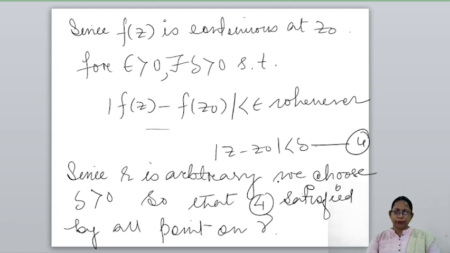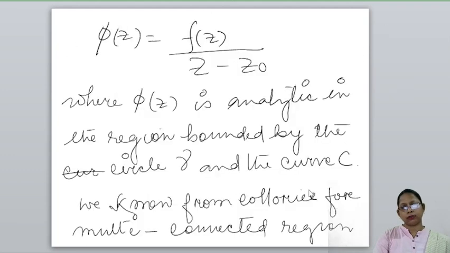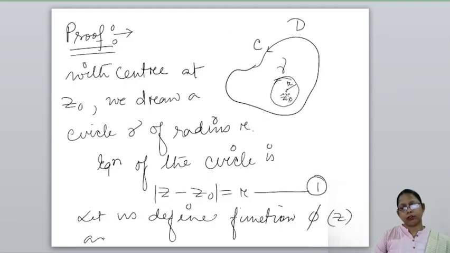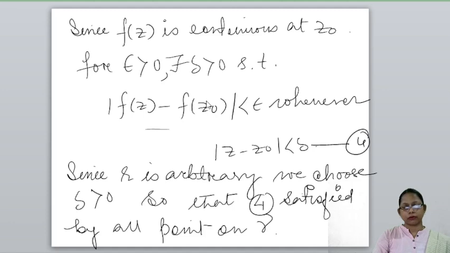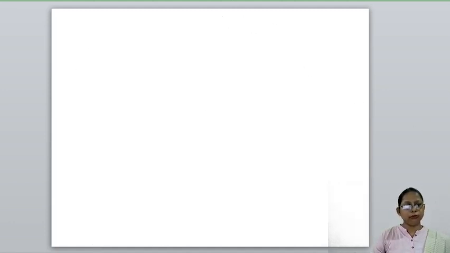Since r is arbitrary, we choose our delta in such a way that condition 4 is satisfied by all points here. Therefore, equation 3 becomes